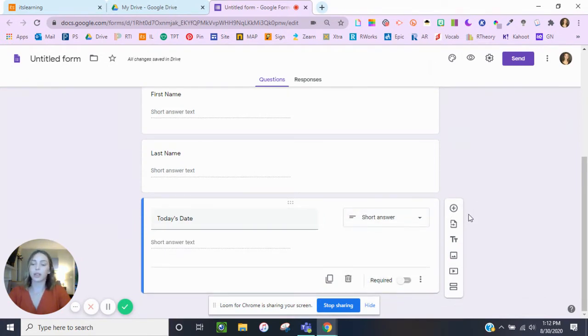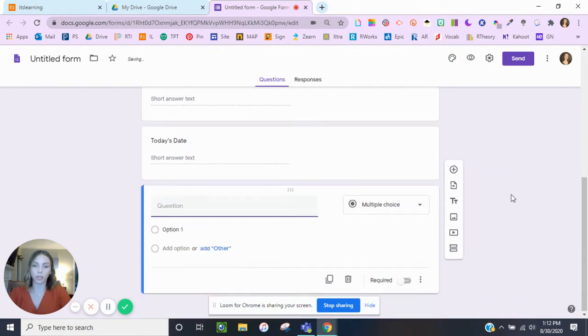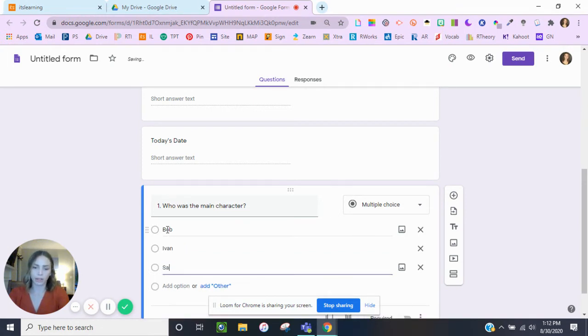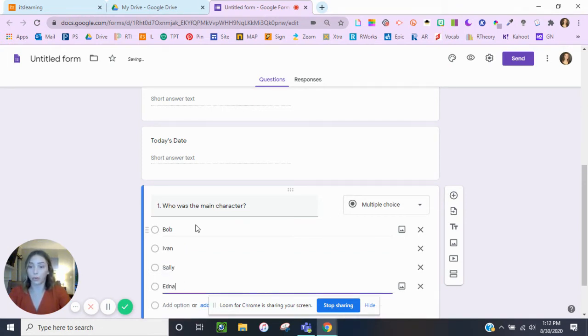All right, now it's actually time to start typing in the questions for your Google form for your students to answer for a grade. So I'm going to come into add question, and I'm going to put number 1. Always number the questions that are going to be graded. You don't have to number all the identifiers, which were above what we just did, but you always want to put a number for each question. So number 1 is, who was the main character? So now I'm going to click on option 1, and let's say the characters to choose from are Bob, Ivan, Sally, and Edna. I'm just totally making this up. I don't have a book in mind, but